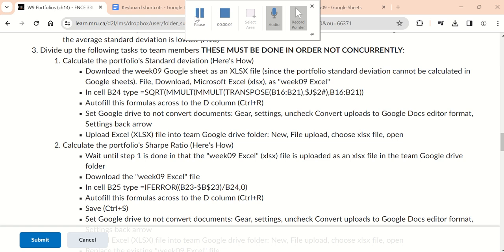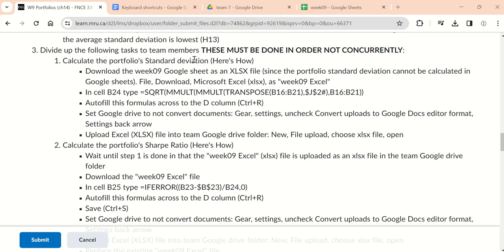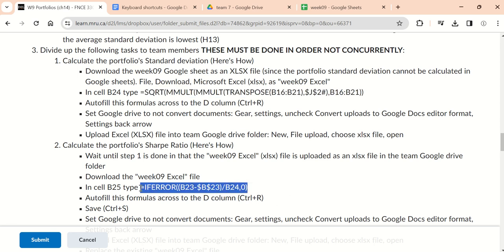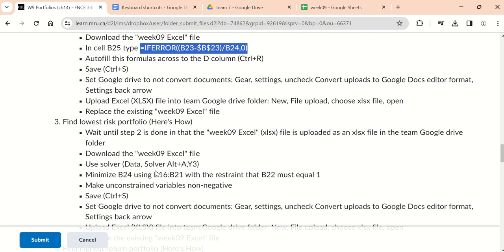All right, part B, step 3. These steps have to be done in order because we're using Microsoft Excel, not Google Sheets. So one team member has to do it at a time, adding their formula or whatever. In this case, it's because the formulas are not responsive, they error out in Google Sheets. So we have to keep this in Microsoft Excel, as well as what we're about to do in step 3,